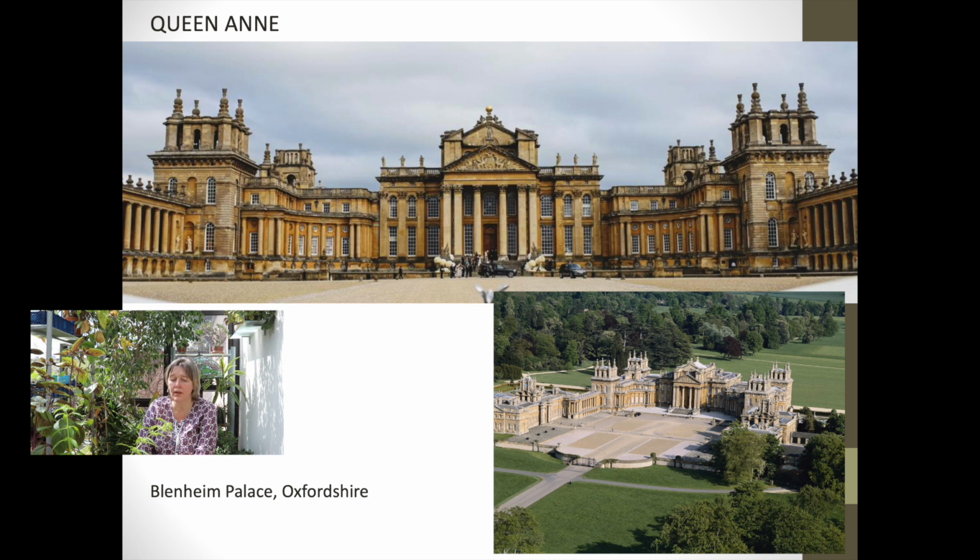She was the niece of Charles II, the daughter of his brother James, and her reign is characterized also by the period of wars with France, very successful wars with France, led by her great military commander, the Duke of Marlborough. And here we have another UNESCO site from the Stuart period, namely Blenheim Palace in Oxfordshire, the spectacular, very big residence commissioned by Queen Anne as a present, as a kind of thank you gift for the Duke of Marlborough and his wife, who was one of the Queen's